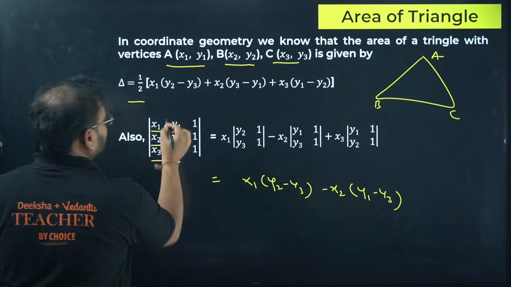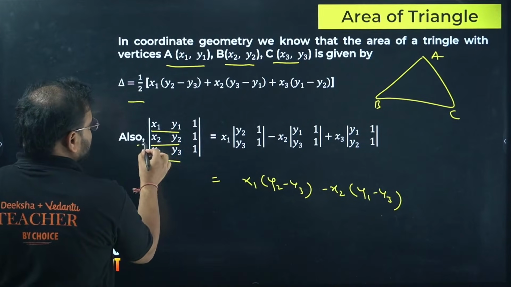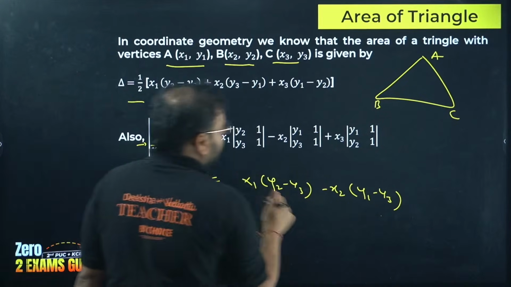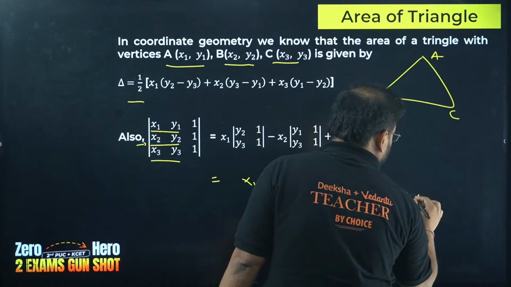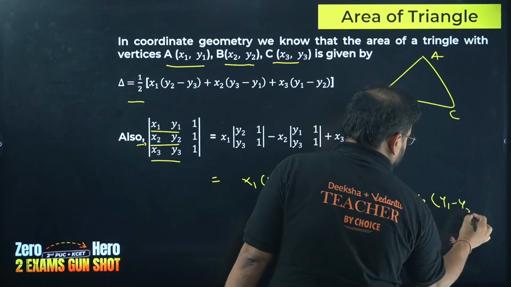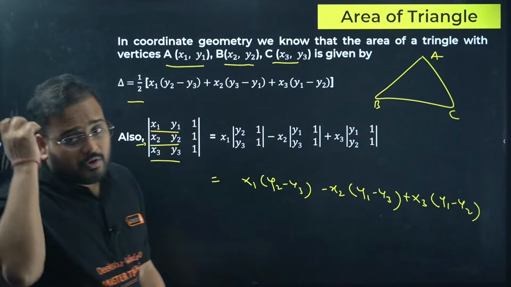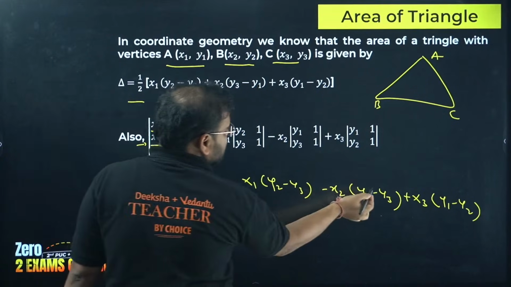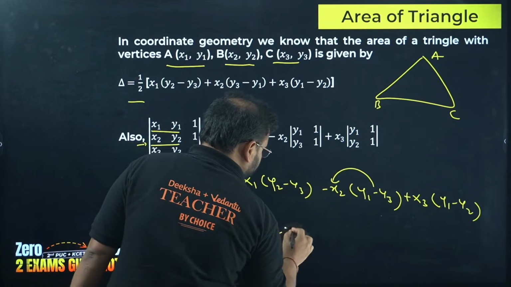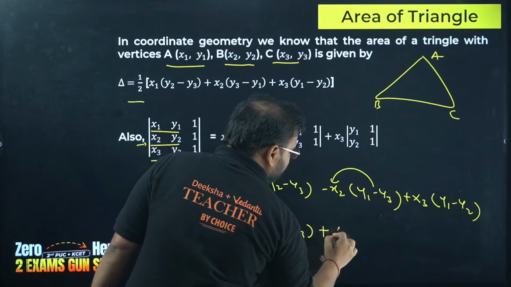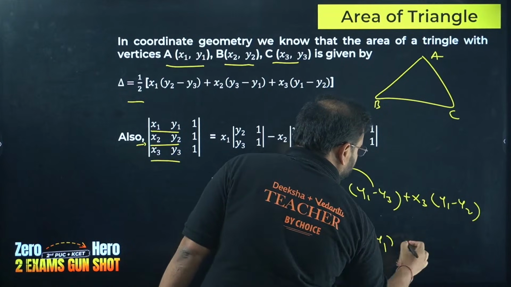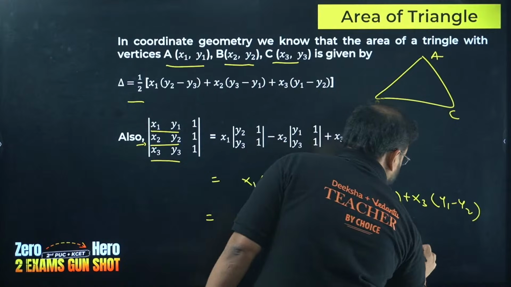Check the second term. In this particular one, x2 will be y1 minus y3. And over here, with x3 in the first column that we are doing, we'll have y1 minus y2. Now if you check the minus sign outside over here, check carefully, plus will become x2 (y3 minus y1), and over here you'll have the same thing as it is, x3